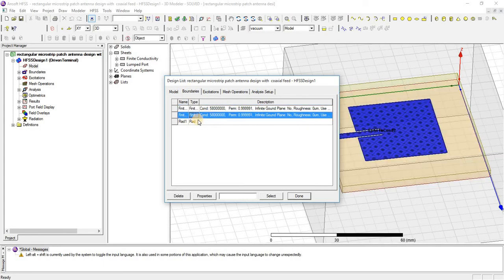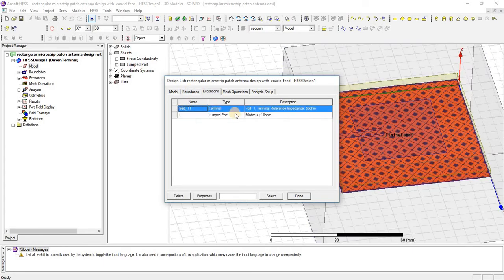Similarly, boundaries and excitation, and analysis setup, solution type, name and complete details, frequency and number of passes.